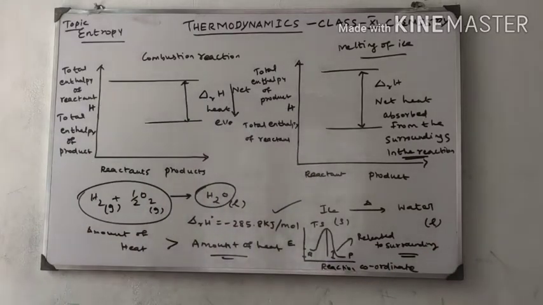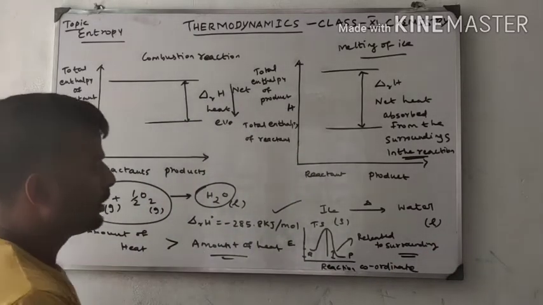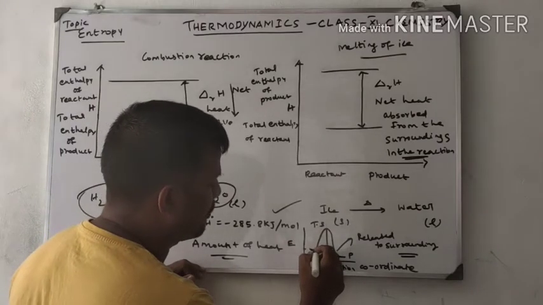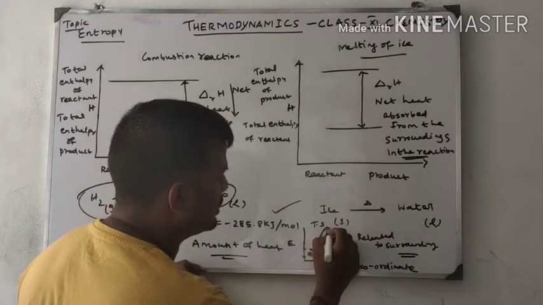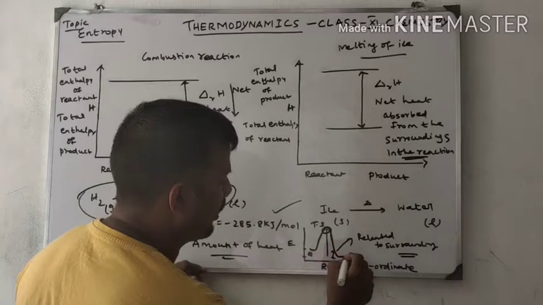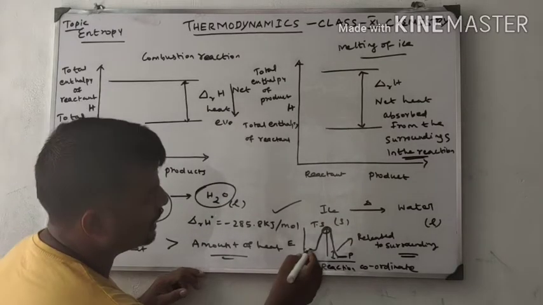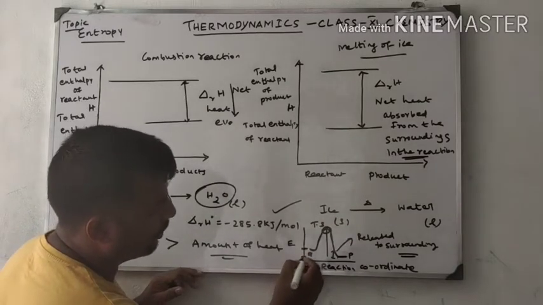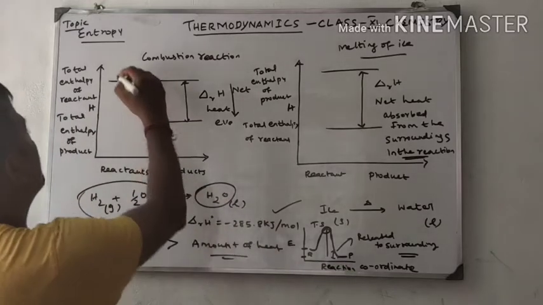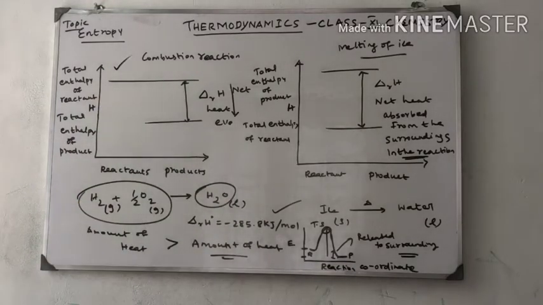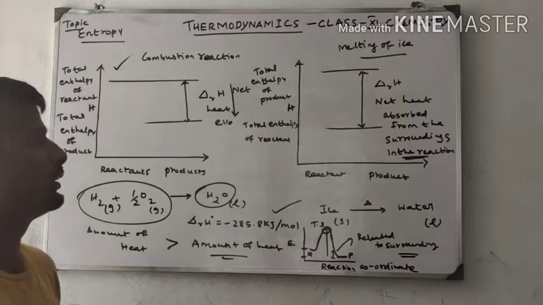Therefore, in this category, they attain stability. This is the transition state. By absorbing heat and releasing heat to the surrounding, it finally forms product. Initially, this much heat is there. After forming the product, the heat decreases. That is what is drawn here. Okay. This is called an exothermic reaction.